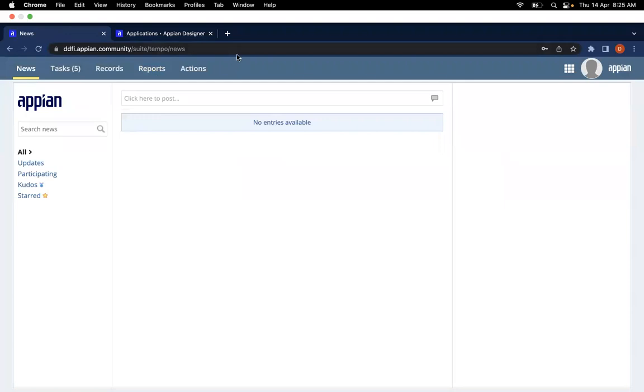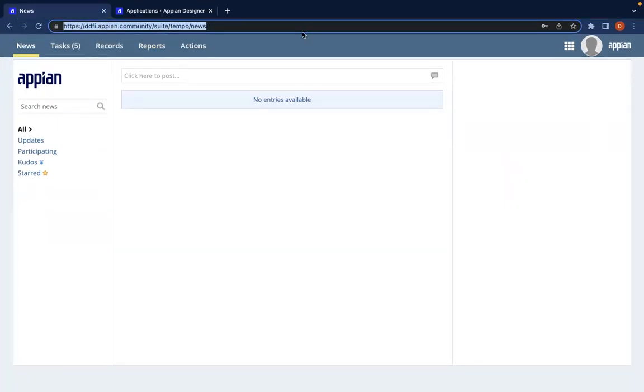Okay, so this is the URL. Using this URL, we can access Appian over the internet from anywhere. From your system, from mobile, from any device, you can easily use Appian. That is the flexibility that Appian offers to the designers. From anywhere, you can access Appian using a web URL by giving a username and password. Once you log in, this is the first page you are going to see. This is called Tempo. This is a standard page, I mean, the main page.